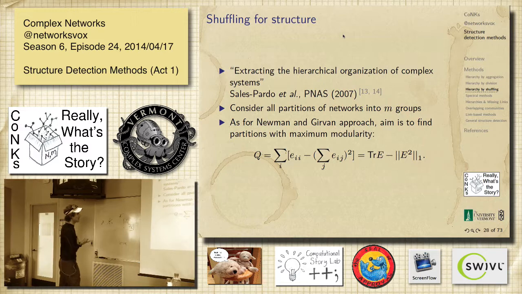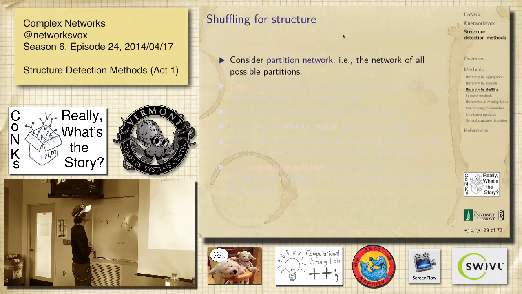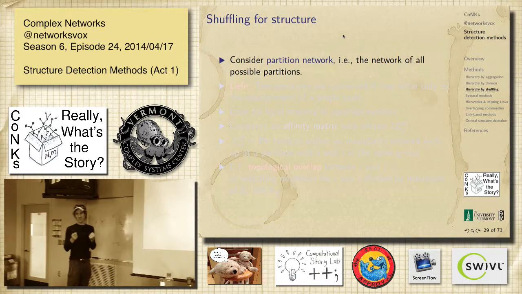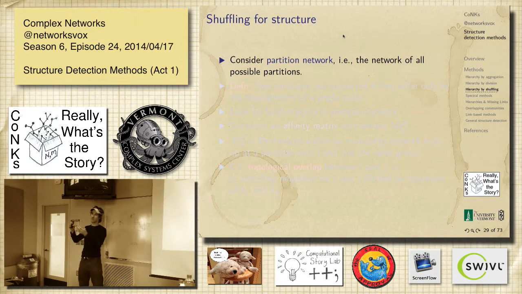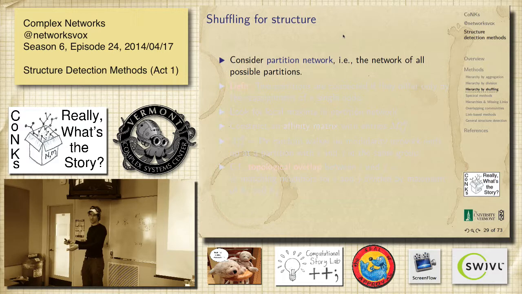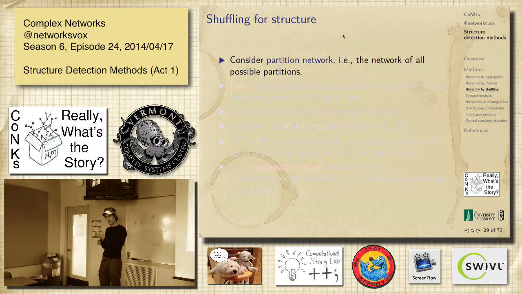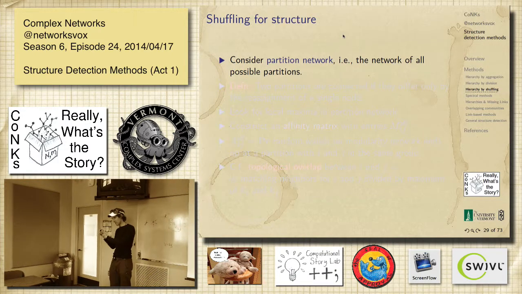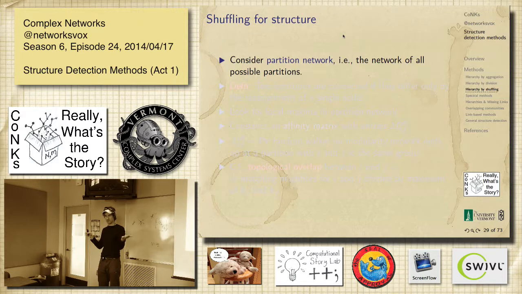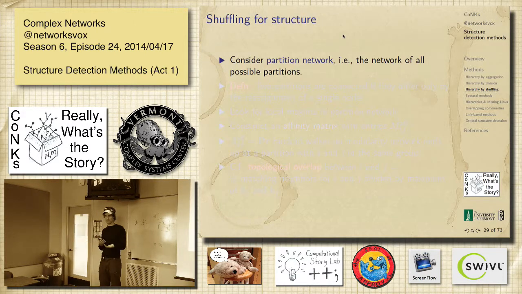Okay, so same idea. You're going to measure modularity. And then you're going to have a network of the partitions. So you've got your network, and then you're going to have a network of the possible partitions. And they're going to be adjacent to each other if, by moving one node from this team to this team, you create this partition here, then they're connected. So partitions are going to be connected to each other if they're very easy, right? You just flip one node's affiliation and you move from one to the other. So it's going to make this big network of partitions.